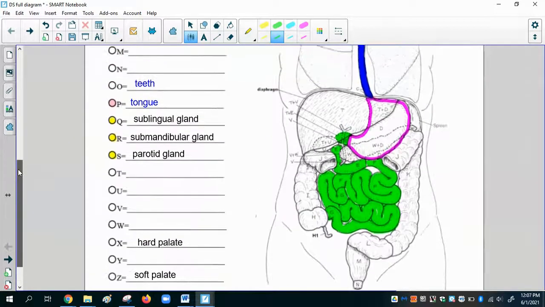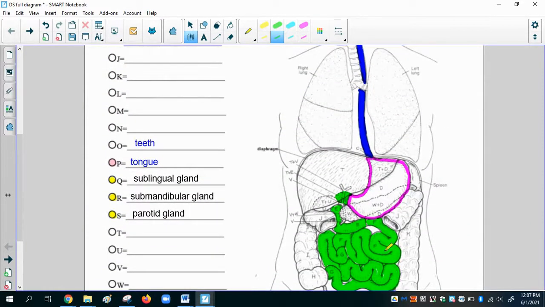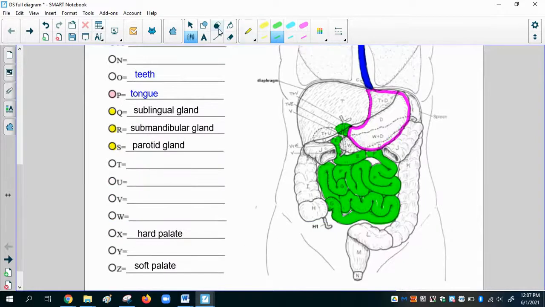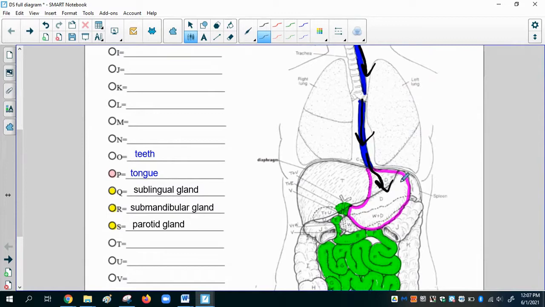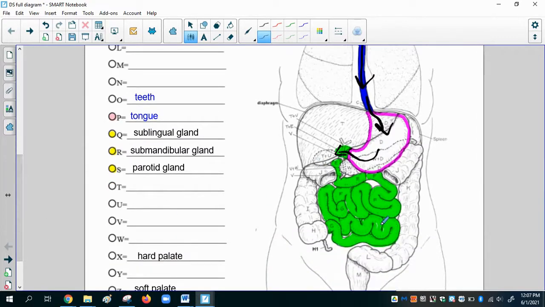Okay, so I've got my small intestine colored, my duodenum, my jejunum, and my ileum. So right now our pathway, and I don't recommend that you add this to your diagram, but obviously I just wanted to give you the idea. You're going to eat the food, chew it up, swallow it, called deglutition, and then after that, muscular contractions push the food down into the stomach. The stomach still has peristalsis happening, and so it will push the food into the small intestine, and it will follow this ridiculous 10-foot long tube like a maze and end up here dumping into the large intestine at this